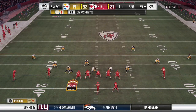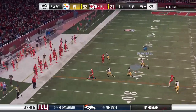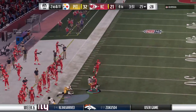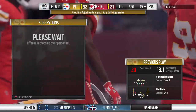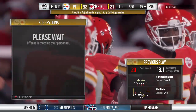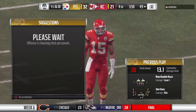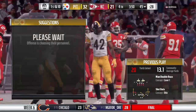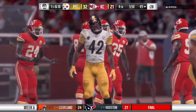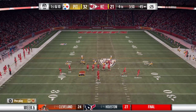Let's go. Green 39. Now Mahomes throwing on 2nd down. Throwing the out route incomplete. It's Hill. A good pick up there of 20 yards. Clock management definitely critical here if they want to get back in this game. Absolutely agreed. They have to up the tempo in this case, down a couple of scores. Want to make sure they have a chance to win this ball game. So after that big gain, let's see what else the offense has up its sleeve. Here